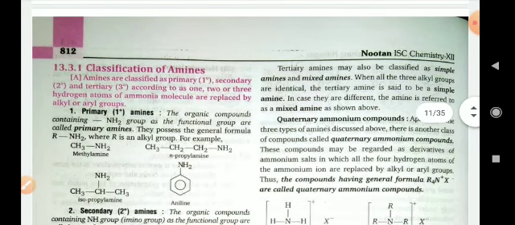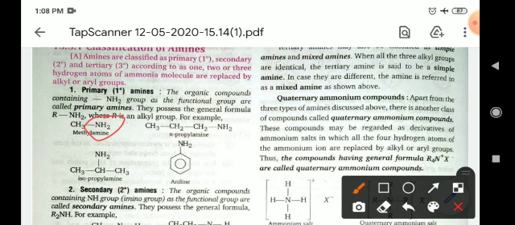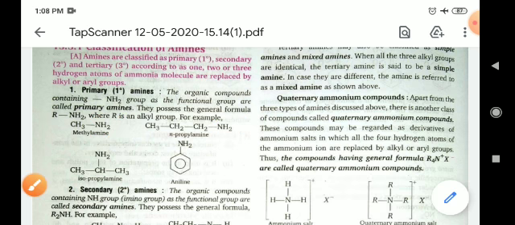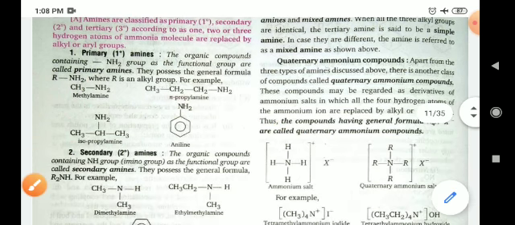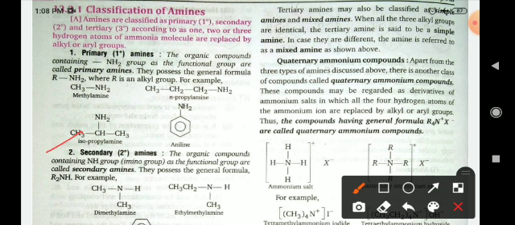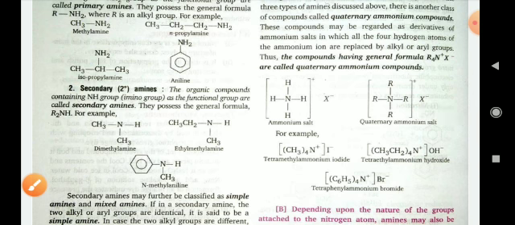Okay, now classification. As I have discussed above, when there is NH2, then it is known as a primary amine. So these are examples of primary amines. Methenamine, for one carbon: meth, single bond N, and for the NH2 group the suffix amine is added, so it is known as methanamine. Like that, it is propanamine, and this is known as isopropylamine, and this is aniline. When an NH2 group is present on benzene, then this compound is known as aniline,